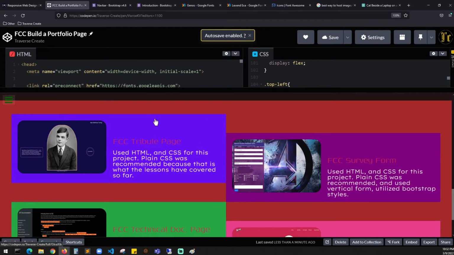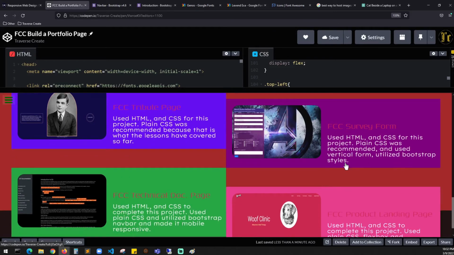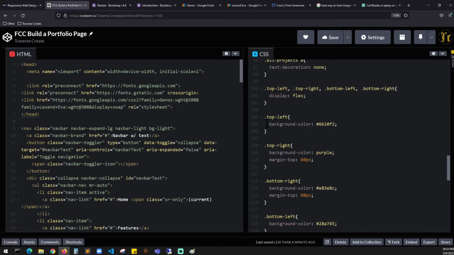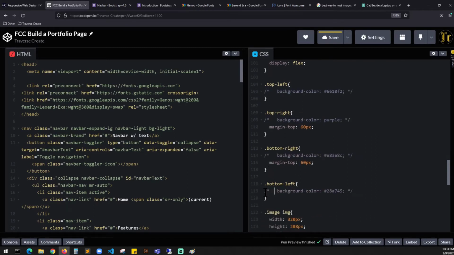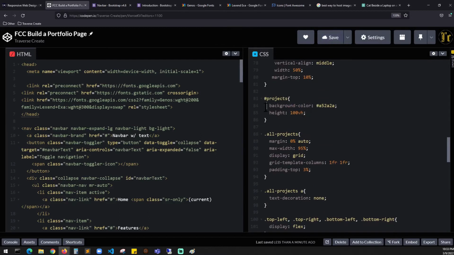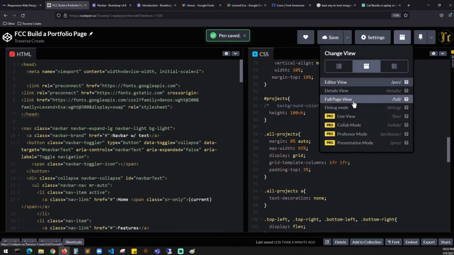Have a look at this. The first one is on the top, the second is to the right, to the lower. It gives you like a different style. I gave these backgrounds just to give an idea of what is going on. If we go back and remove our background colors, like comment these ones out, it's a good idea to add some backgrounds so that you exactly know what is going on in your section. So I'm going to remove the entire backgrounds, save this, go full page,